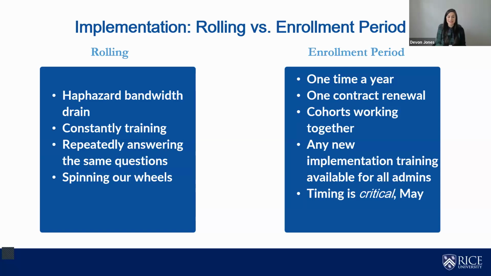It was an incredible drain both on our office and our procurement office, doing multiple rounds on essentially the same effort. And doing the rolling unit additions also meant we were constantly training new groups on the same topics, the same questions, and it took a lot of focus and time. So we questioned how to scale the use of InfoReady in an efficient way, and we landed on an HR style enrollment period.